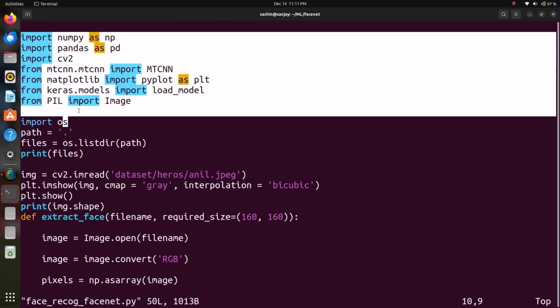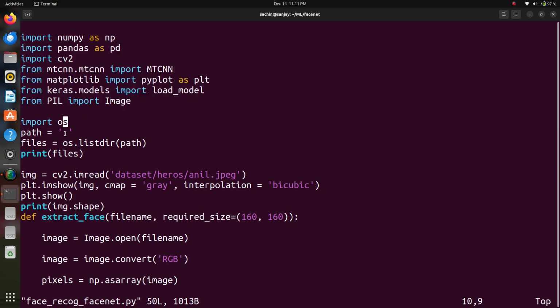Importing the required libraries needed for the program. Path dot stands for the current directory. I have taken the image of Anil Kapoor, actor, and I will list the path. CV2 is used to read the image. Then imshow is used to display the image in grayscale. Then plot with matplotlib, to show it in a matplotlib graph. Print the image shape. Then the next part,